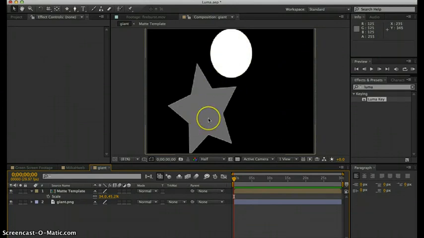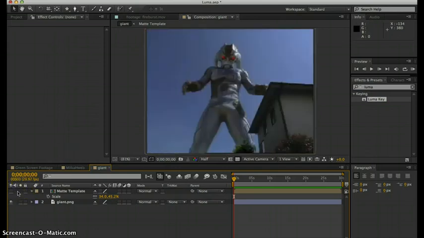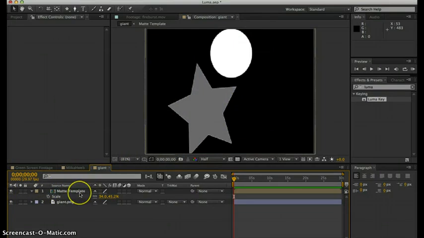Whereas here we've got 50%, so the opacity is set to 50, as simple as that. All right, if I just turn that off, you'll see I've just grabbed a still image. It looks like it's from Power Rangers, though I could be wrong, and if I am, my apologies. I can't even remember where I grabbed this image now, to be honest. But we've got this image, and like I said, I've got this layer, I've called it matte template, and I